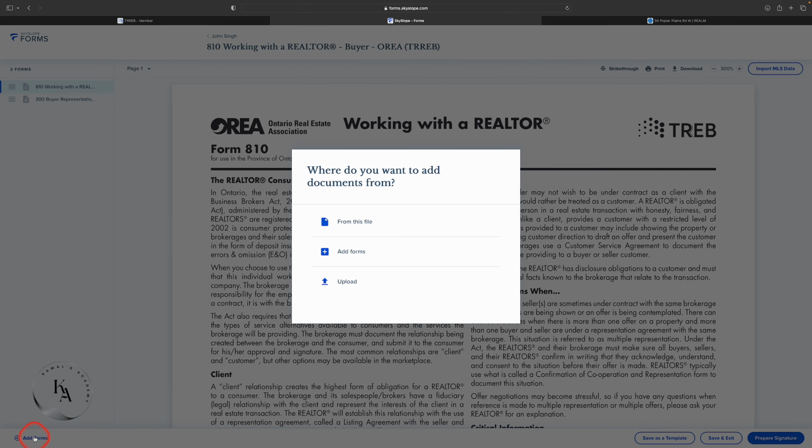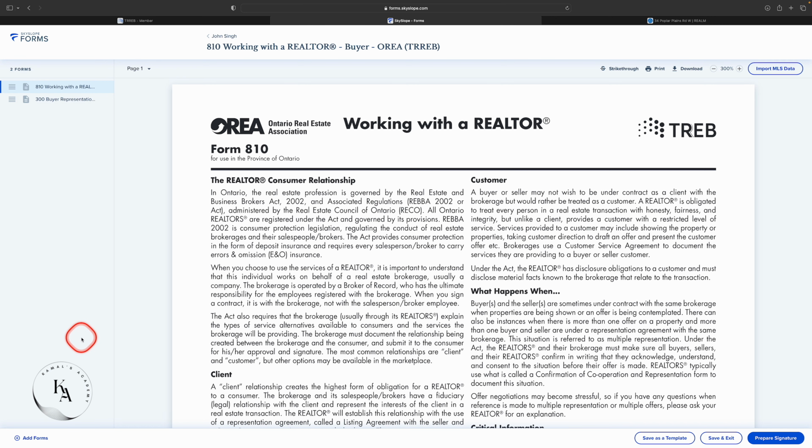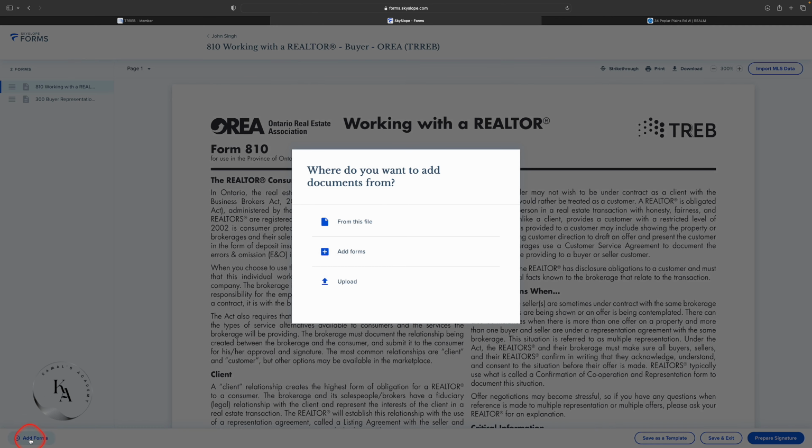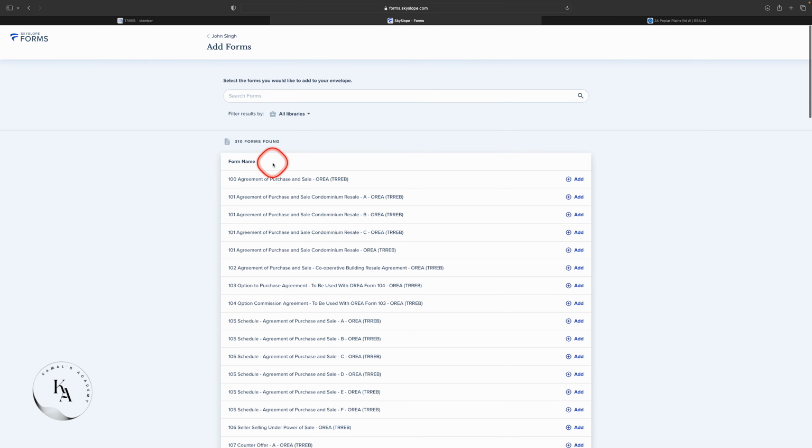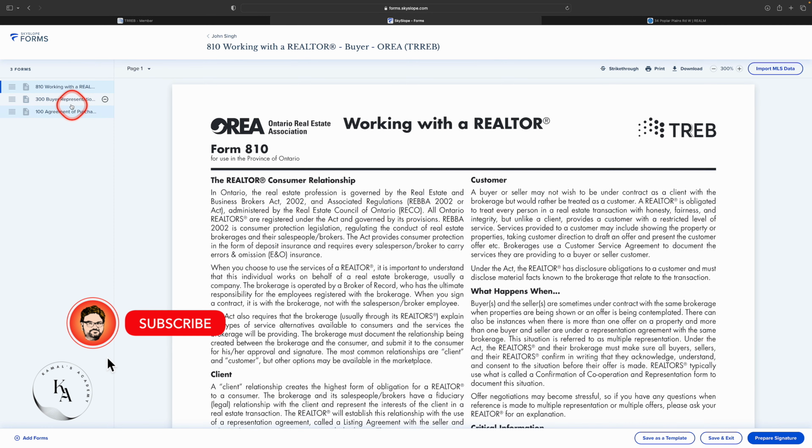Now let's say you need a form, but it's not in your template. Again, you can click it here, but this time you will go to add form. Now we'll come up here, look for your form, click on add, and click on next here, and the form will get added to your envelope. Now this is an envelope. If I click on save and exit,